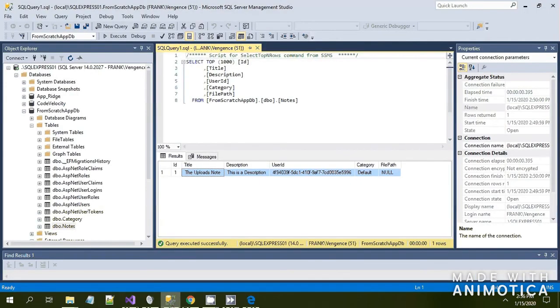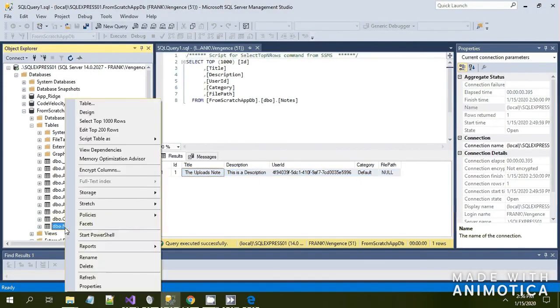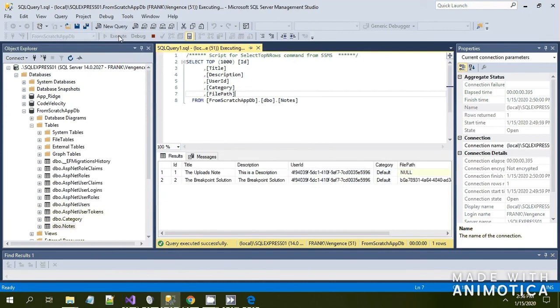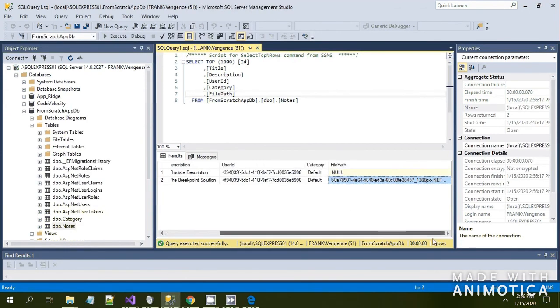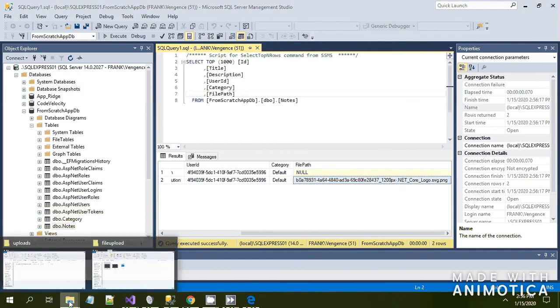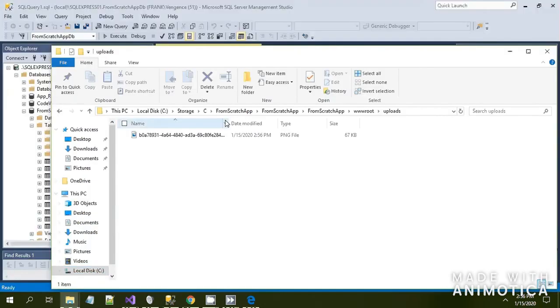Record created. Now if we actually look at the data again, we'll see that the file path was actually saved, the name of the file that was created. As you can see here, it has a GUID, which is a random string that was generated by Visual Studio that is always unique, concatenated with the file name that we uploaded. Furthermore, if we were to go to our Uploads folder, we'll see that a file was created. So we have successfully added the create functionality to our view. What we'll be doing